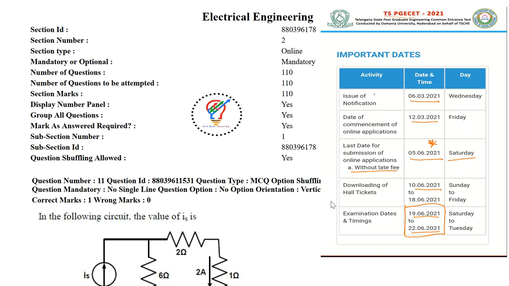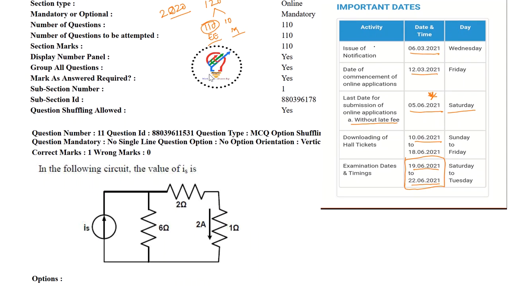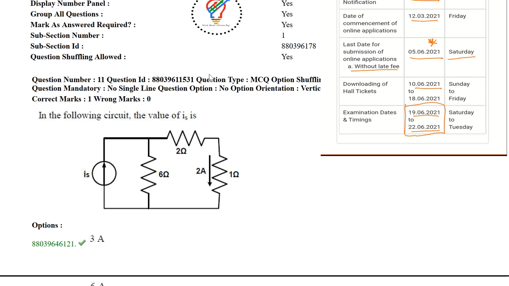I'm just giving the last year paper, that is the 2020 paper. This 2020 paper will have 120 questions. Among them, 110 questions are from the electrical engineering background or core engineering, and 10 questions from mathematics. In this video we'll start the session with the network questions, and after that I will discuss the remaining 110 questions. Depending upon your interest, I will either continue this series or stop this series. So let's start the questions without wasting your time.